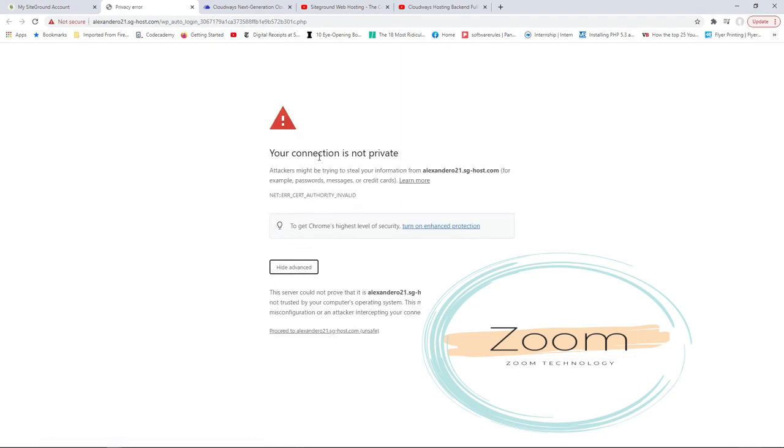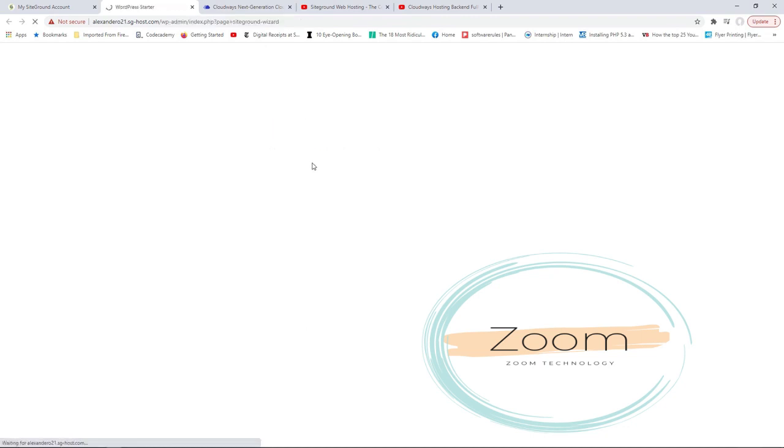So you might see this warning telling you that, hey, the site is not secure. That's because you've not yet installed an SSL certificate, but it's fine. You can go ahead and proceed to the website. Okay, so you can ignore the error warning,